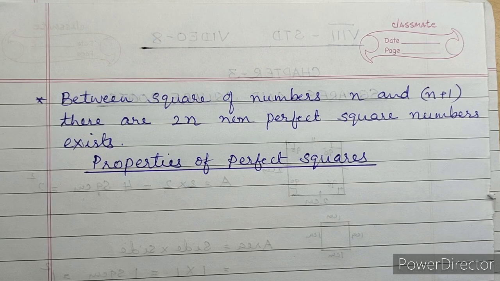The second one is, between the squares of any two numbers, there are 2n non-perfect square numbers. Or between the square numbers n and n plus 1, there are 2n non-perfect square numbers. So the next topic is properties of perfect square numbers. What are the properties? First one,